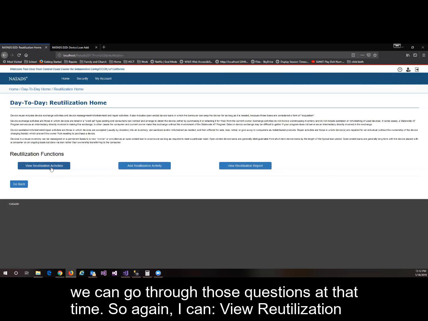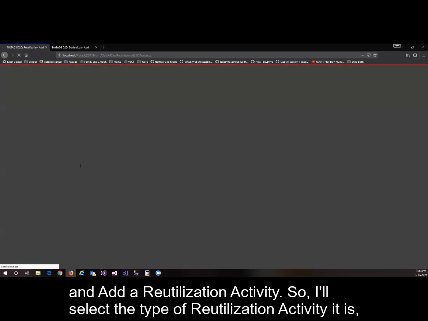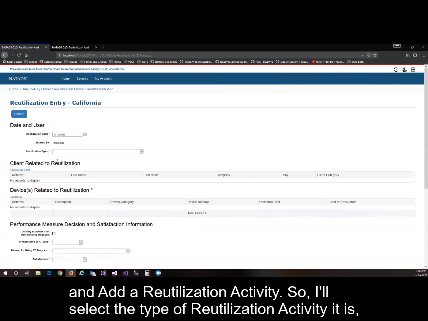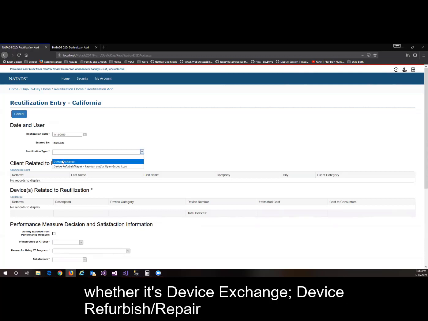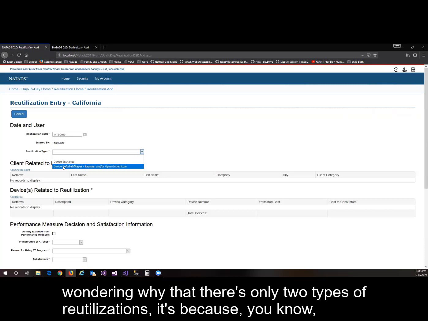So again, I can view reutilization activities, add a reutilization activity, or view a report. So I'm going to go ahead and add a reutilization activity. I'll select the type of reutilization activity it is, whether it's device exchange, device refurbish, repair, reassign, or open-ended loans. And if some of you are looking at this and wondering why there are only 2 types of reutilizations, it's because